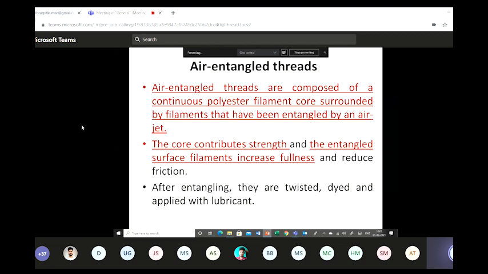So many surface loops. In this case, we give a smaller amount of overfeed. So the yarn will have some bulk, but it is not very high like air-jet textured yarns, because the overfeed we give to the sheath filaments is much lower. The main purpose is to have good strength and, at the same time, some surface loops. What do the surface loops do? While sewing, they give a gliding effect and reduce the friction between the thread and the sewing needles as well as the machine parts.